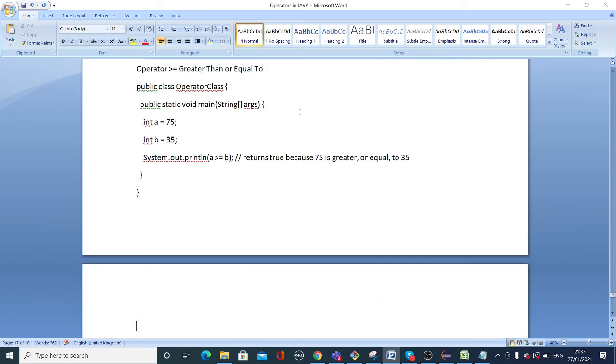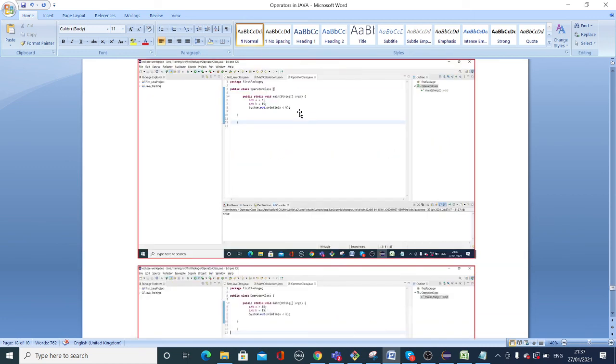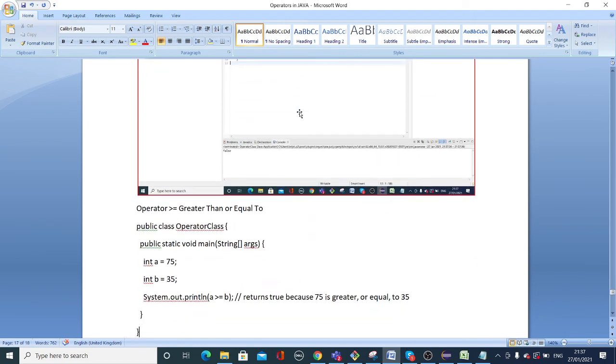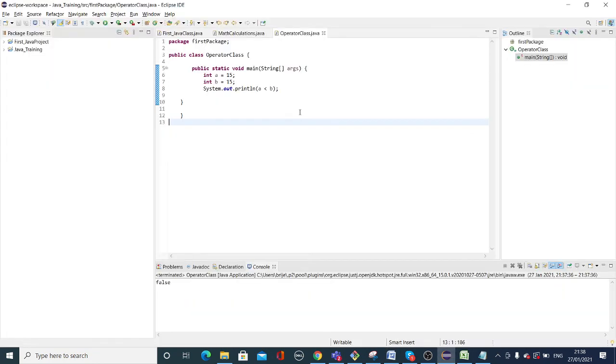Next condition, we are going to use two conditions together, greater than and equals. So here we are going to have two conditions. We can give greater than equals; it will compare two values and check whether this value is greater than or equal to the other value, then it will return true. If the value is not greater or equal, it will return false. So let's do it this way with greater than equals.